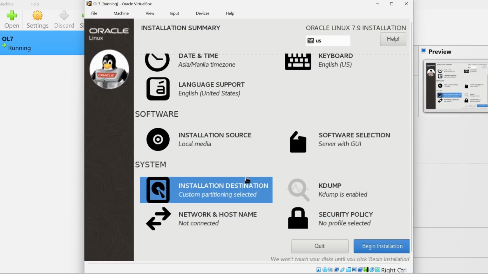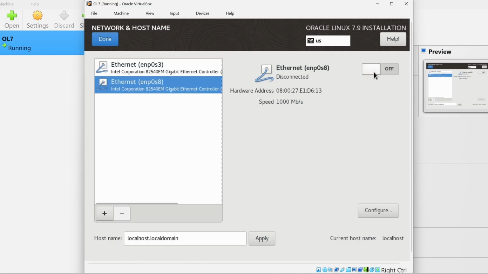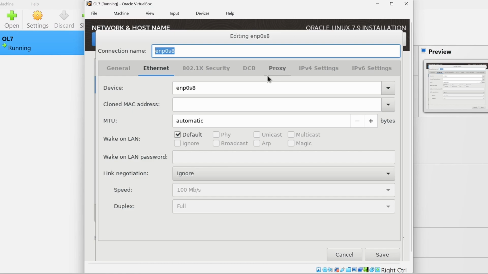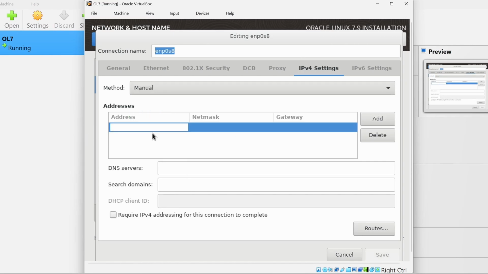Okay, next thing that we're going to do is click the network and host name. So the ENP0S3 will be our NAT. Let's just make sure that it is enabled, and for this one as well. And then we can click configure for the ENP0S8, and then just go in the IPv4 settings, and for the method, click manual, and then add our IP